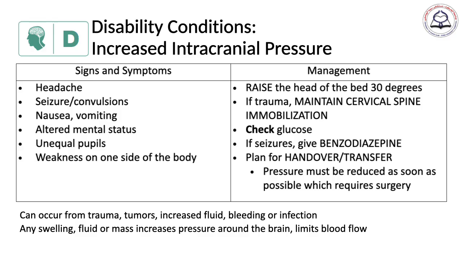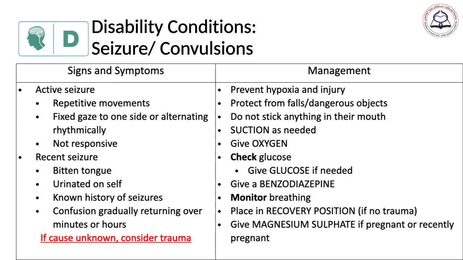And if there is convulsion, you give benzodiazepine, and then you need to arrange an appropriate place for management. Disability conditions: seizure and convulsion. Active seizure usually manifests as repetitive movement, fixed gaze to one side, or alternating rhythmically. Patient not responding. Patient with recent seizure, you can find bitten tongue, urinate on himself, known history of seizure, confusion